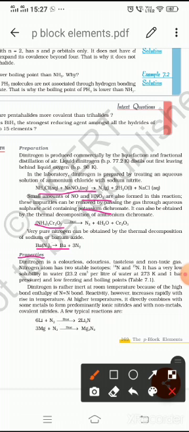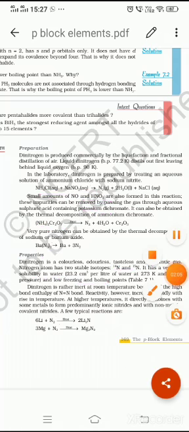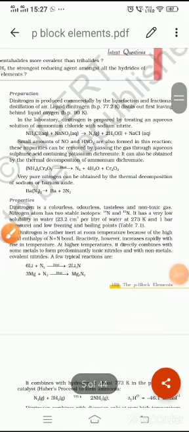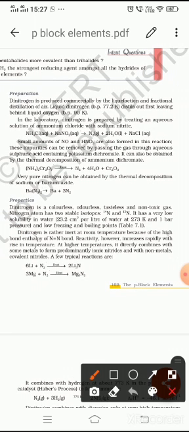Now coming to the properties of dinitrogen, it is a colorless, odorless, tasteless, non-toxic gas, and two stable isotopes exist, N15 and N14. It has low solubility in water. The freezing and boiling points are given in the table below. Nitrogen is rather inert at room temperature. Now, why is it inert at room temperature? Because nitrogen exists in N2 form having a triple covalent bond, which gives extra stability, and high bond dissociation enthalpy,